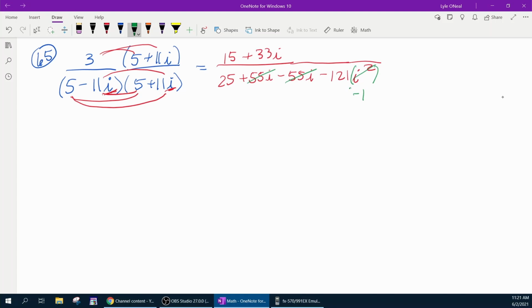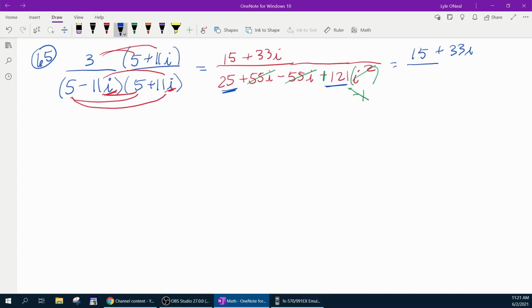And since that is indicated multiplication, -1 times -121 is going to turn that into a plus 121. And then I have like terms, 25 plus 121. So we're going to have 15 plus 33i all over 25 plus 121 is